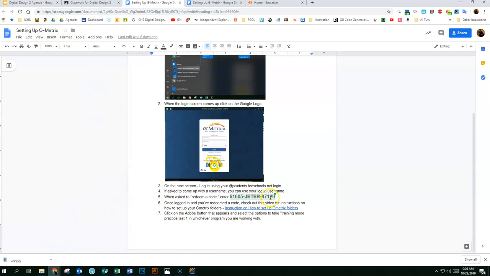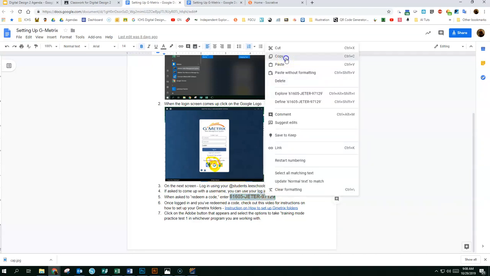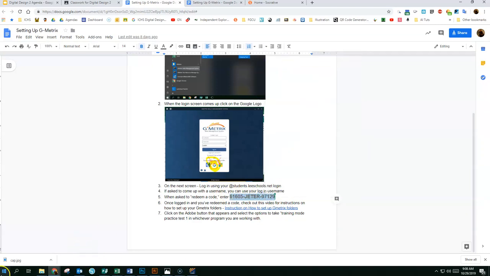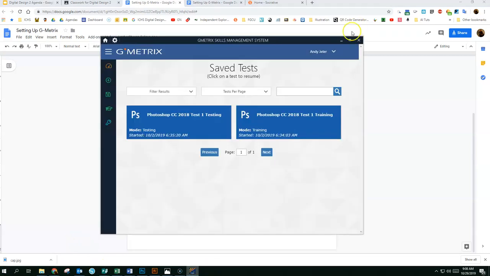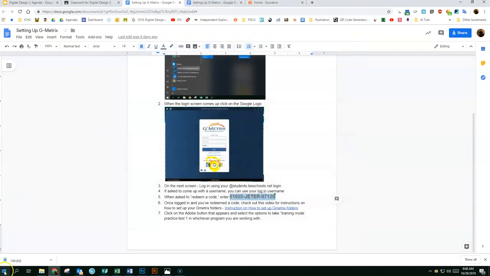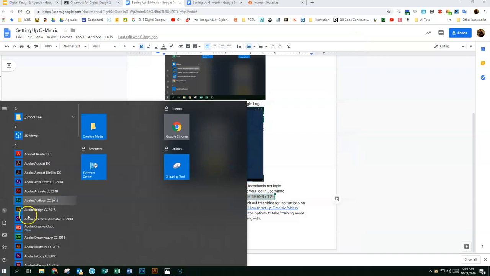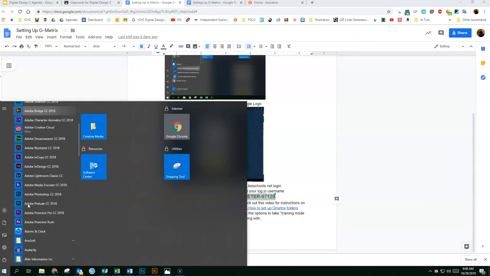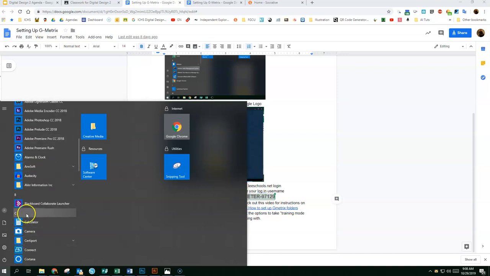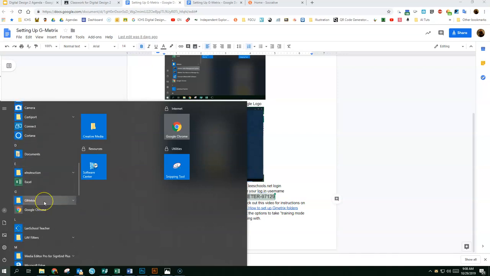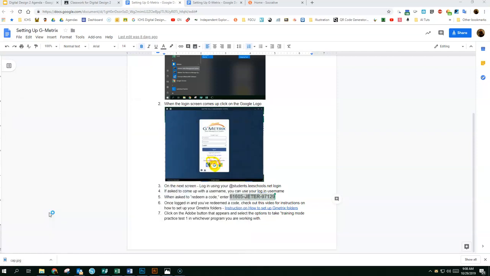Once you have opened this up, I recommend just going ahead and selecting this code and then right-clicking and copying. And then you need to go to, let me close out of my Geometric Skills Management, the Start menu. This is where Geometrics is. Don't go to geometrics.net. Go to the Start menu, and we want to open up Geometrics Skills Management System. Once you've opened that,